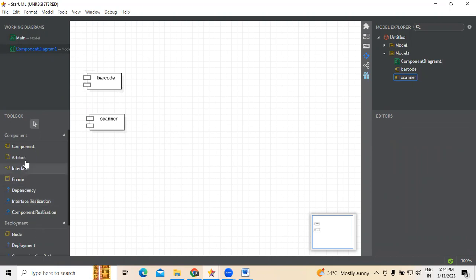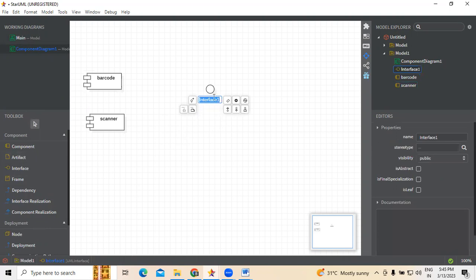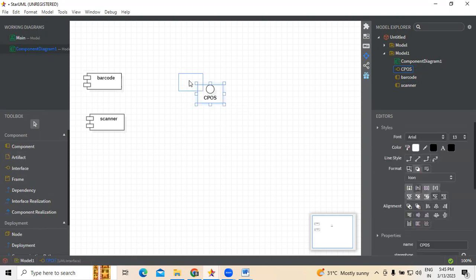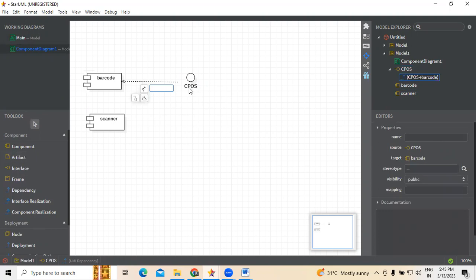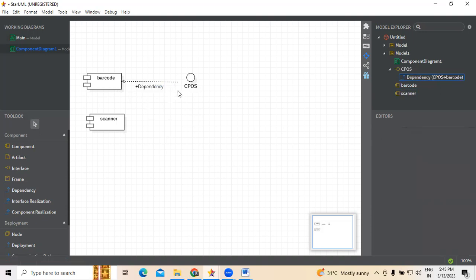Now, if you want to create interfaces, these interfaces may be something like the cloud-based point of sale system. When we talk about the interfaces in reference to the cloud-based point of sale system, you can see there is a dependency involved, because unless there is a barcode scanner, you can't do the process.